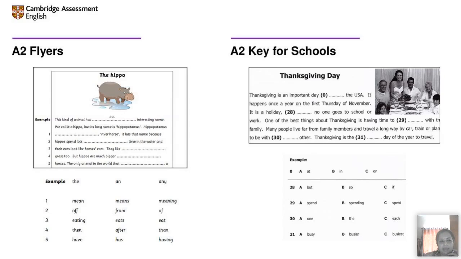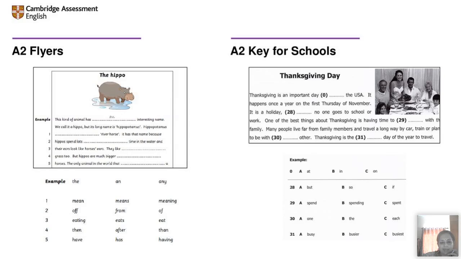We at Cambridge typically recommend that if you have not taken flyers, you take flyers before moving on to the next level. But that is an assessment that differs from school to school, and you can speak to your local school coordinators, who will in turn get in touch with Cambridge Assessment English and get back on which would be a better option. But at A2 level, there are two qualifications that are available to the learner, one which is flyers and one which is Key for Schools.